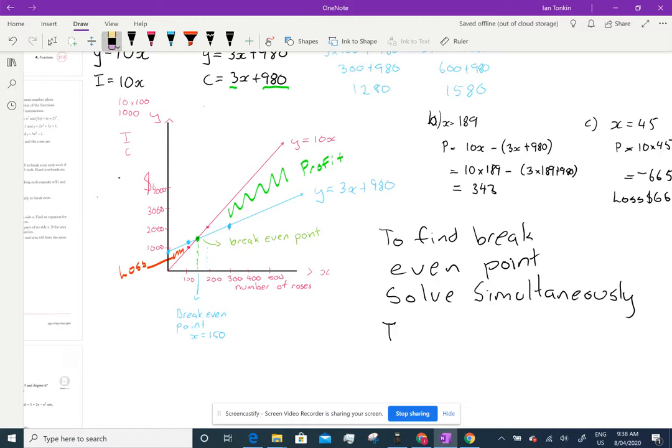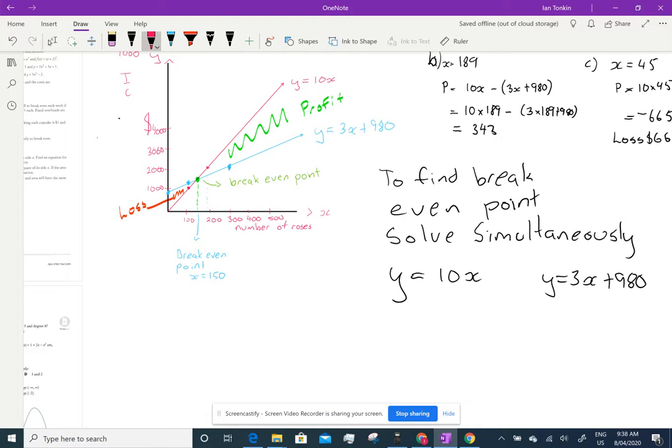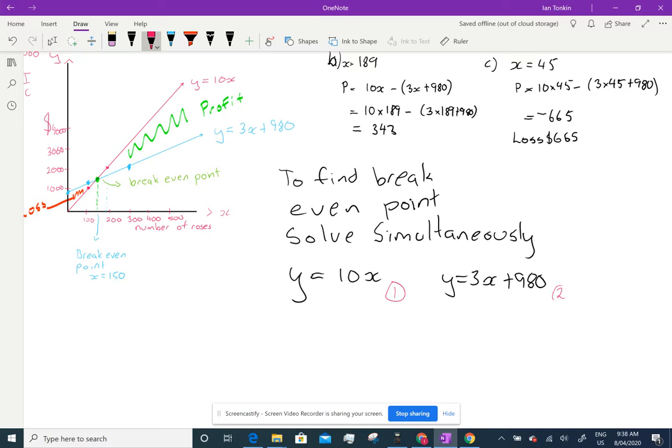And we'll use the y. y equals 10x and y equals 3x plus 980. We'll call that equation number 1. We'll call this equation number 2. And I'm going to sub 1 into 2, which means,